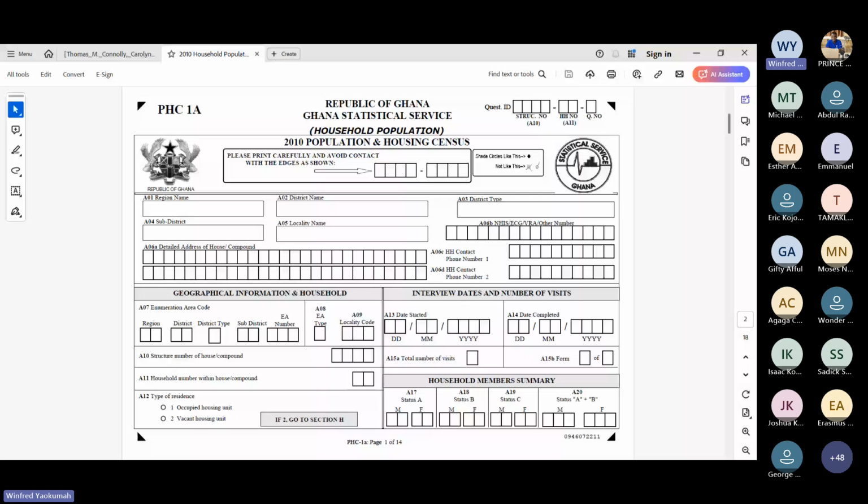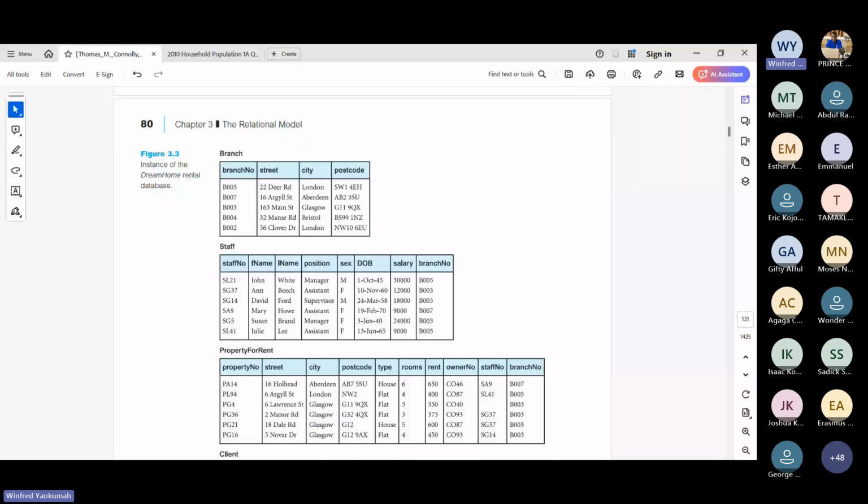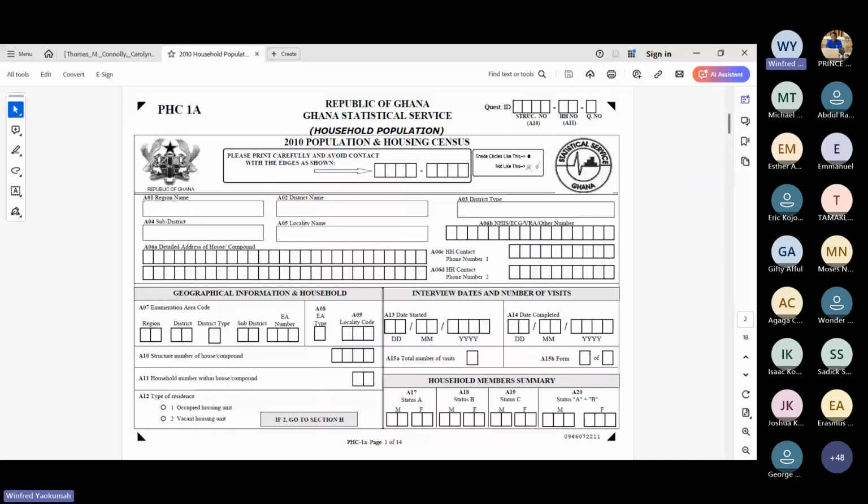So I've mentioned so far how many things? Identify the entity, identify the attributes, identify the primary key, or impose a primary key on the table if no good primary key is seen. Having known that, the next point I'm going to give you is to now identify the relationship